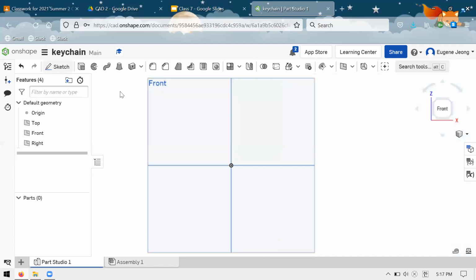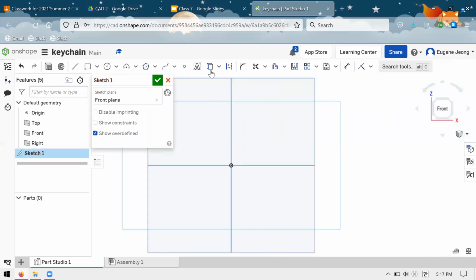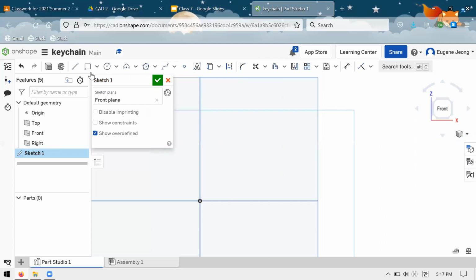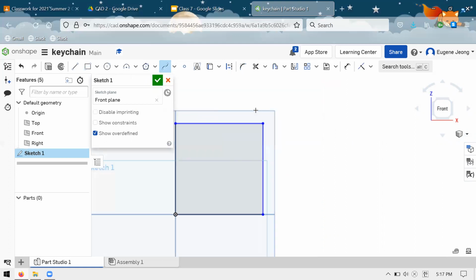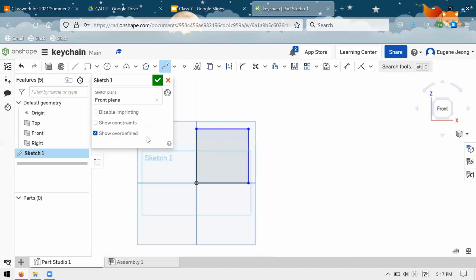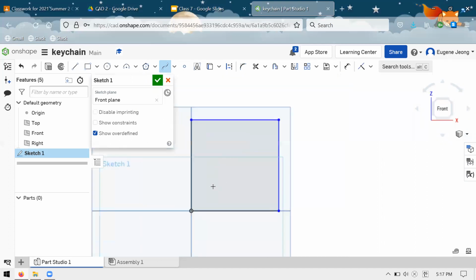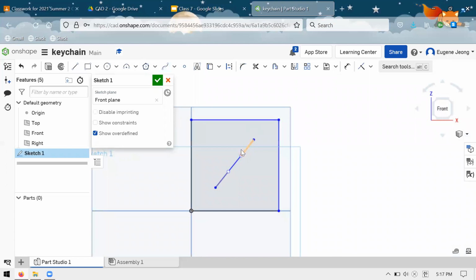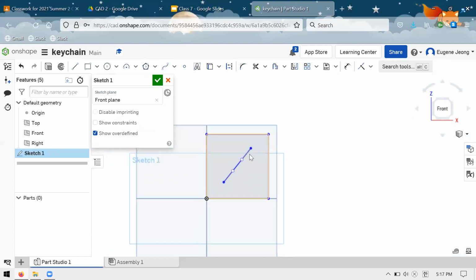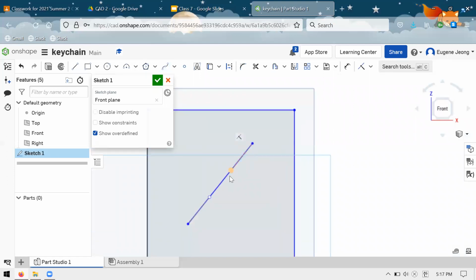Another thing that's popular is to create your own shapes using this tool, which is called spline. So spline is kind of a curve, but it's not necessarily a circular curve. So you can have multiple different radii of curvature. The simplest spline just has two endpoints and these two things which are called spline guides. I'm not sure what they're called actually, but